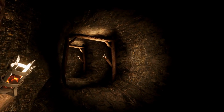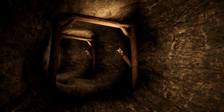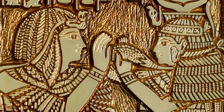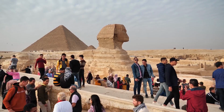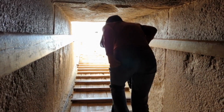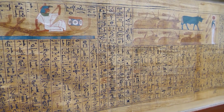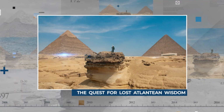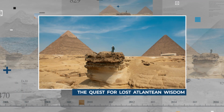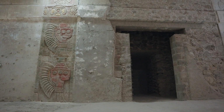This ongoing fascination suggests a deep-seated love for stories of undiscovered halls filled with ancient wisdom, even if these stories are based more on hope and less on factual grounds. Now let's delve deeper into the tales and tombs that history has whispered about, but never fully revealed: the quest for lost Atlantean wisdom. Moreover, Cayce's predictions have spurred numerous seekers who, despite the absence of any verifiable findings, remain